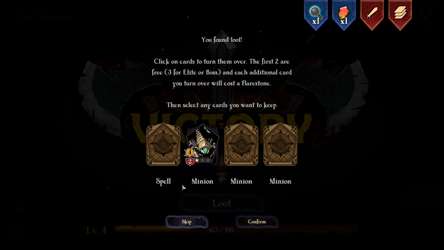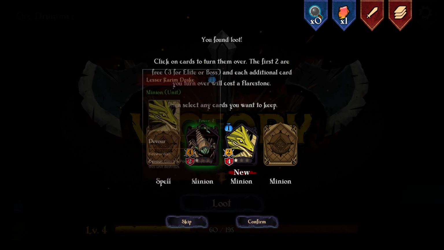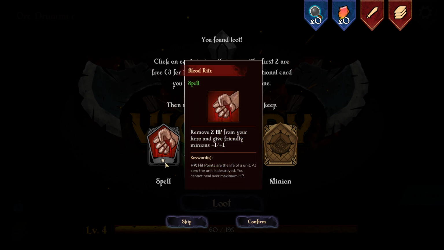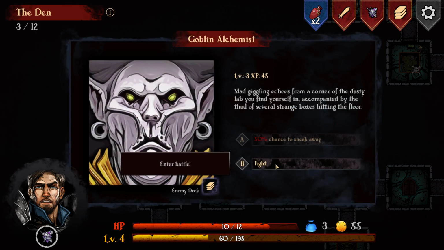We want another Scorpion, sure, but oh, it makes the deck slower still. I want another Voidcaller if we can get it. What is this? A Lesser Karim Drake with Devour. No. I will use my Flare-Stone here to maybe get something. No, we can't justify putting that in the deck. Blood right. No. Can't have 2 of them. It's too much. Okay, I don't actually feel like the Scorpion was an upgrade necessarily either, so...